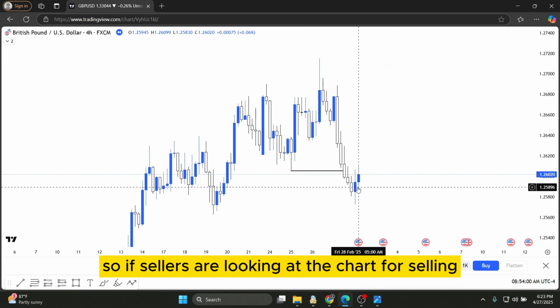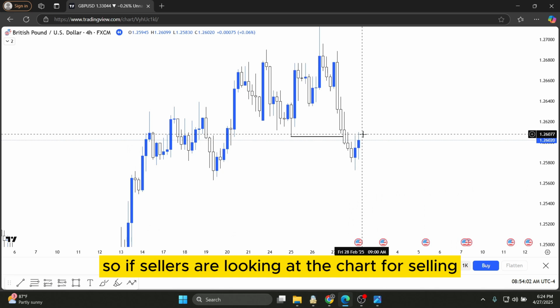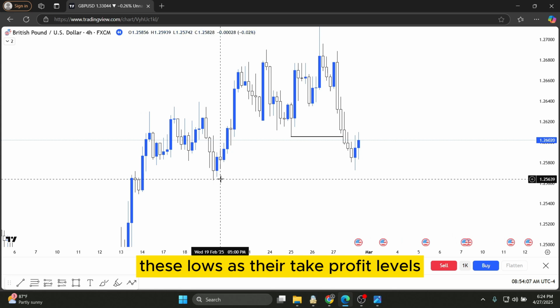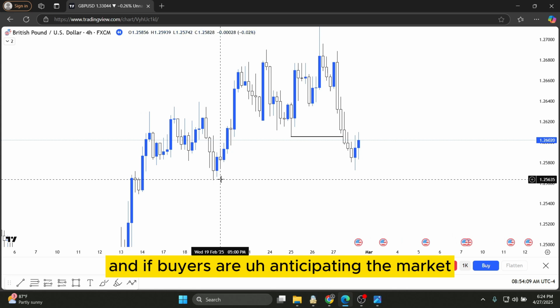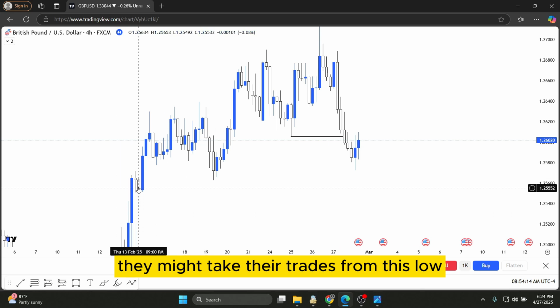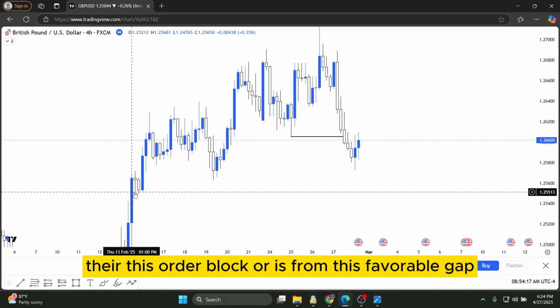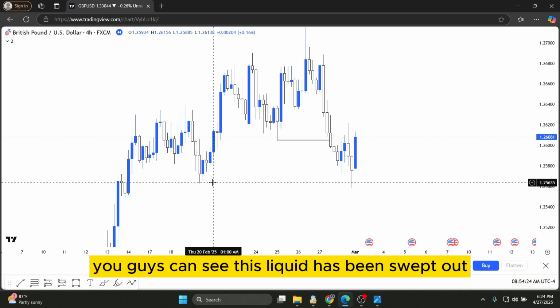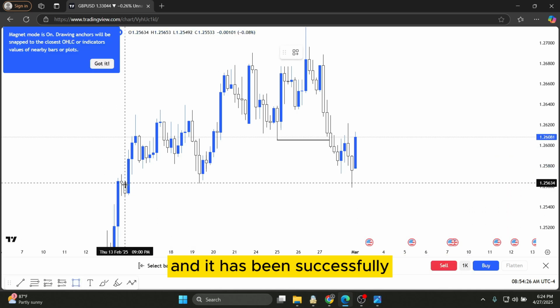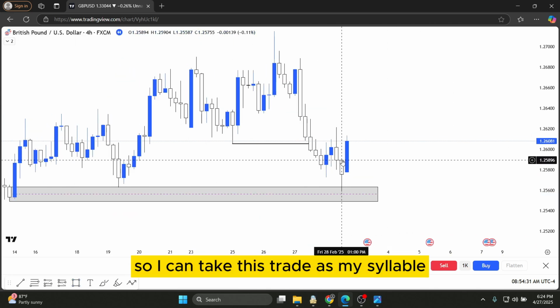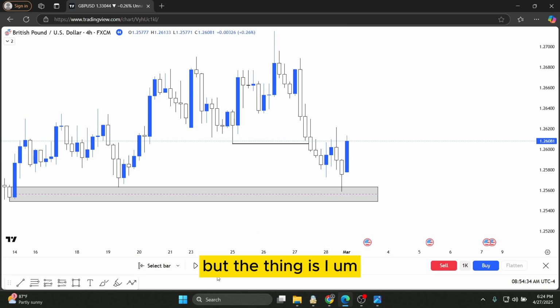If sellers are looking at the chart for selling, they can use these lows as their take profit levels. And if buyers are anticipating the market, they might take their trades from this low, this order block, or from this fair value gap. So in this case, let's see how the market goes. You can see this liquidity has been swept out and it has been successfully tapped into this order block over here. So I can take this trade as my silver bullet, but the thing is, I like to